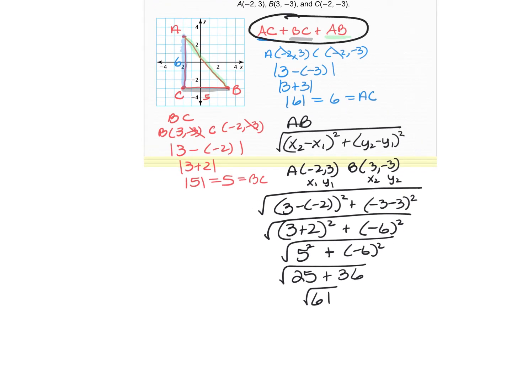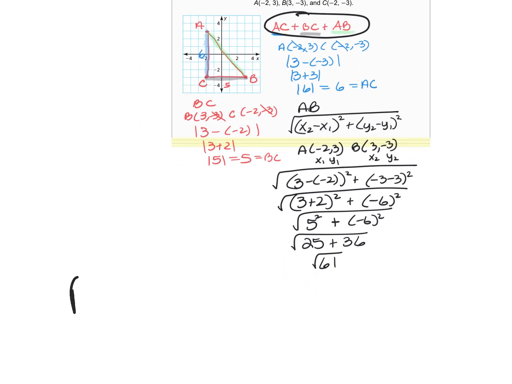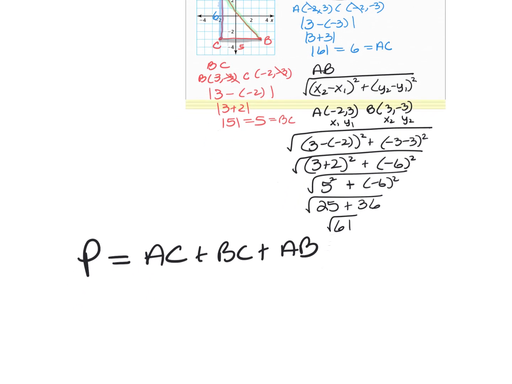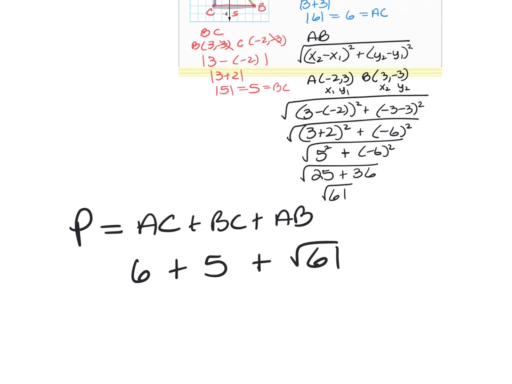So now, I need to find perimeter. Remember, perimeter, we're adding up all the sides. So I need to go and add AC, BC, and then the answer I just got for AB. So AC was 6, BC was 5, AB square root 61. Now, if you're not using a calculator, the only thing you can add is 6 plus 5, and then leave the